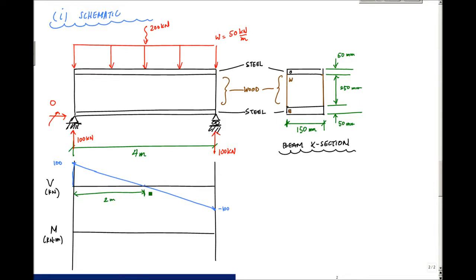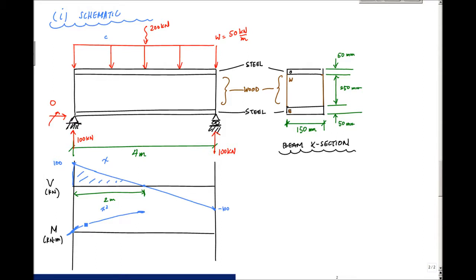here, or halfway. And then my moment diagram is, bam, because it starts at 0 here, I've got this area right here, 1/2 base times the height of that area, which is 1/2, boom, is 100 kilonewton meters. So here is parabolic because this is linear. So if this is constant, linear, parabolic function, right? And so here, the slope here is 0 because my shear is 0. My slope here is a plus 100 because I have